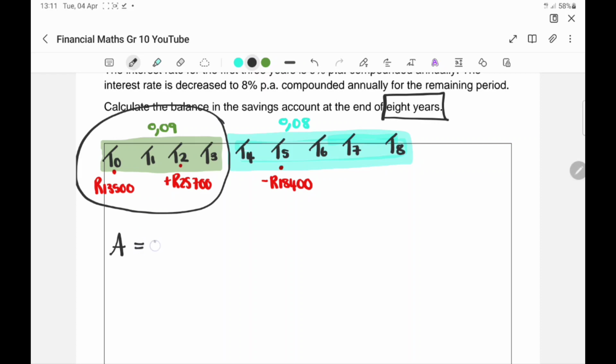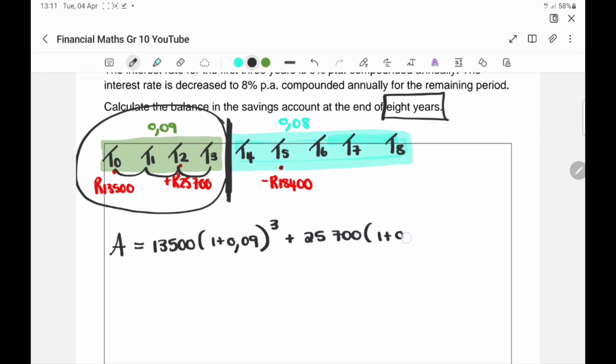So A is equal to 13,500 at the interest rate of 0.09, all raised now with the bunny hops. It's going to end over here. So the bunny hops is 1, 2, 3, all raised to the power 3. Then we added 25,700 at 9%, and the bunny hops would just be from here,